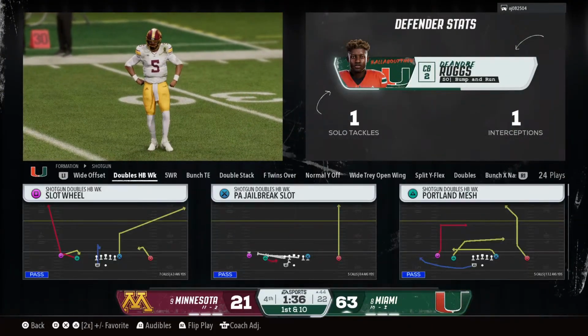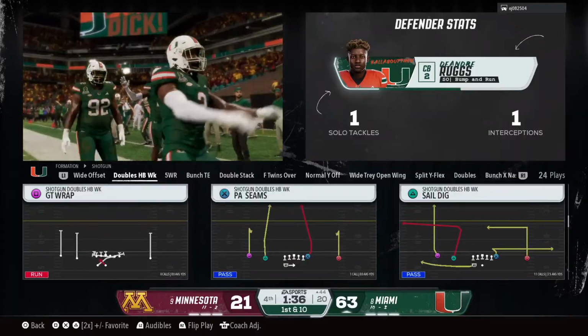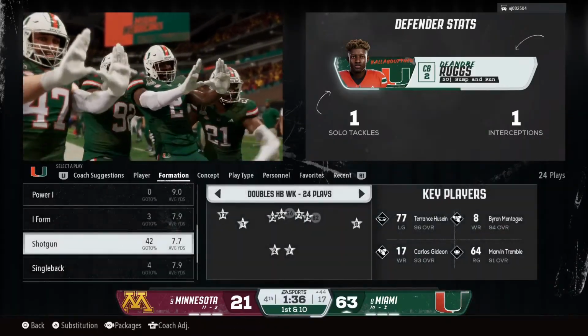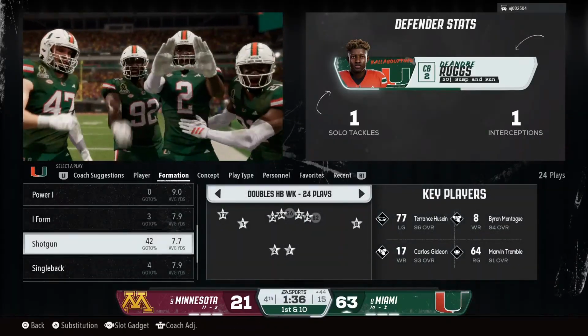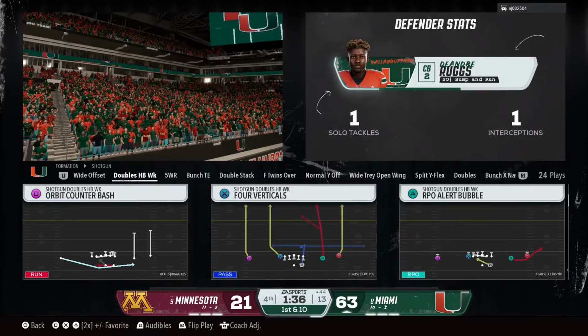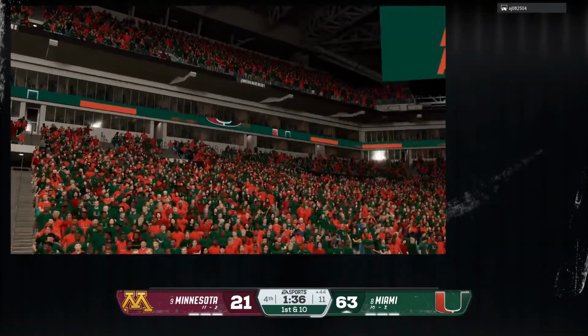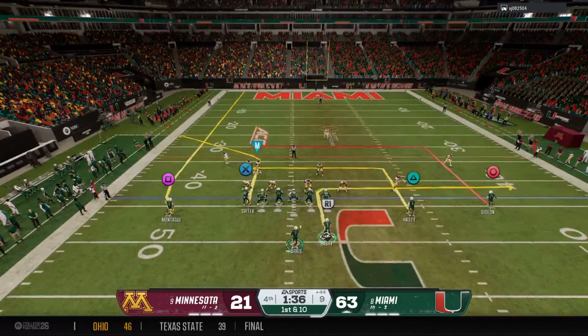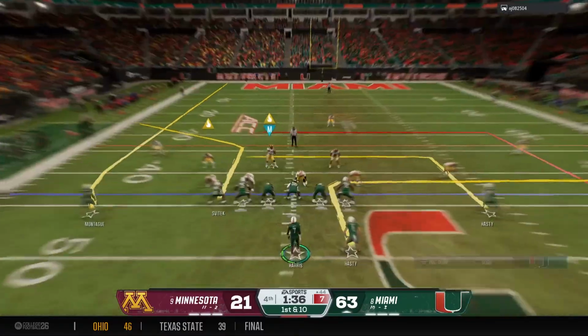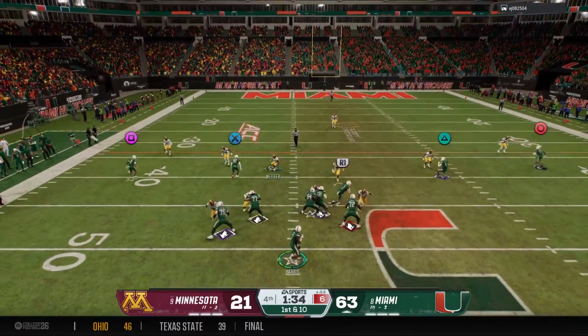Well, that interception really about cost him the game here. And I understand. You got to do everything you can to get back in when down by a couple scores. But the interception, for the most part, seals the deal for the defense. Here comes the Miami offense back out onto the field. Great performance by this home team. There's going to be a serious party around here tonight.